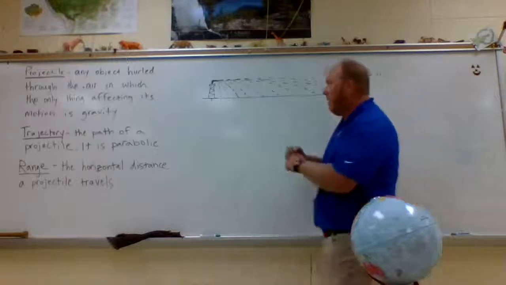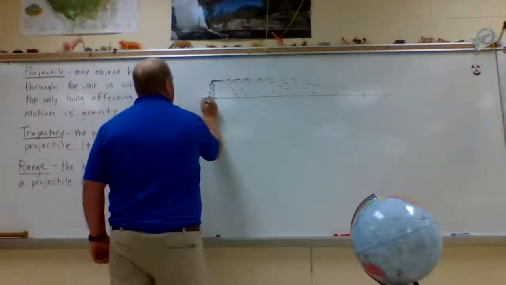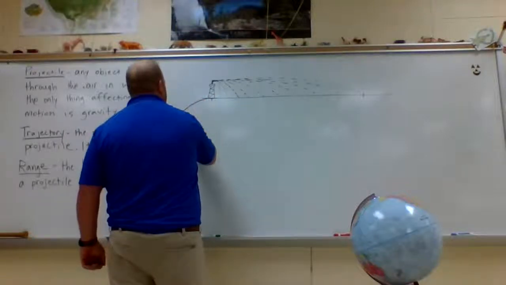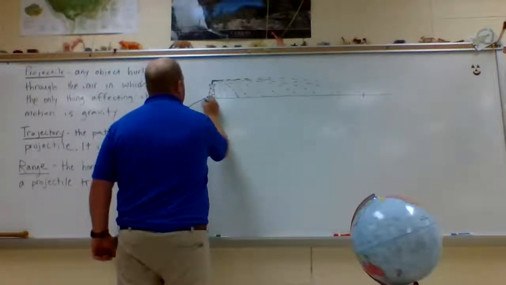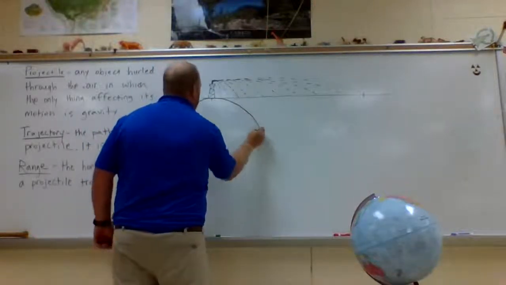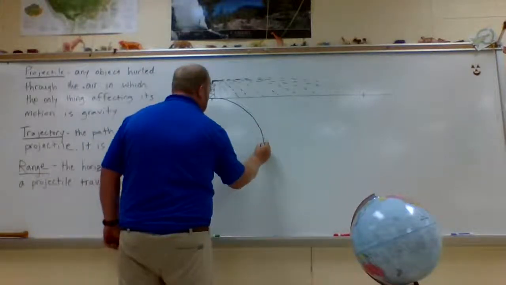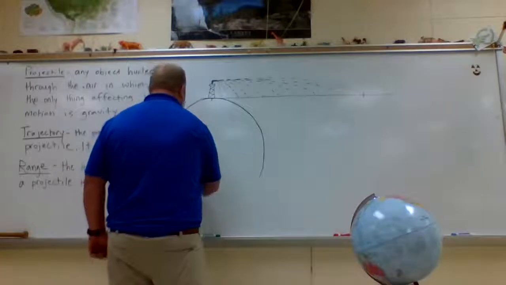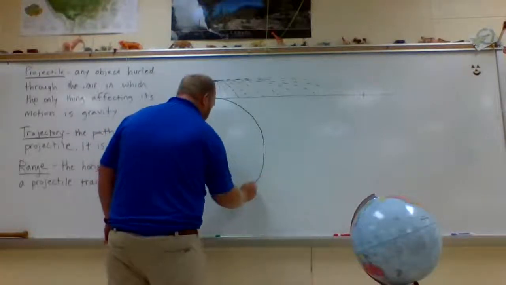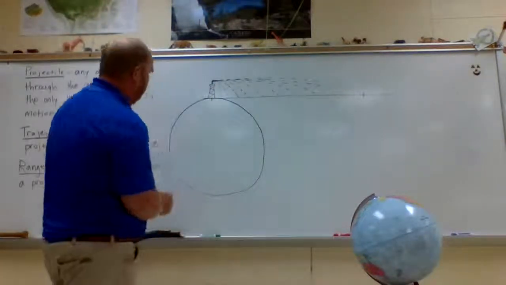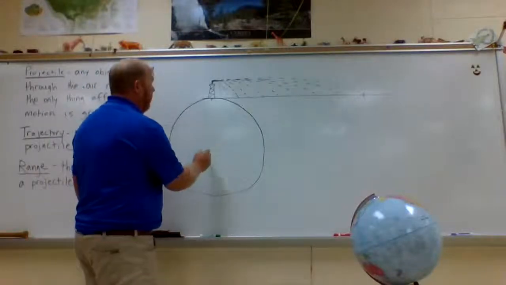So the curvature of the Earth, and I know this is not a very good scale, but we're exaggerating everything right now, the curvature of the Earth makes it a sphere. I don't know how good of a circle I'm drawing right now. It's probably not very good. That's all right. And there's the center